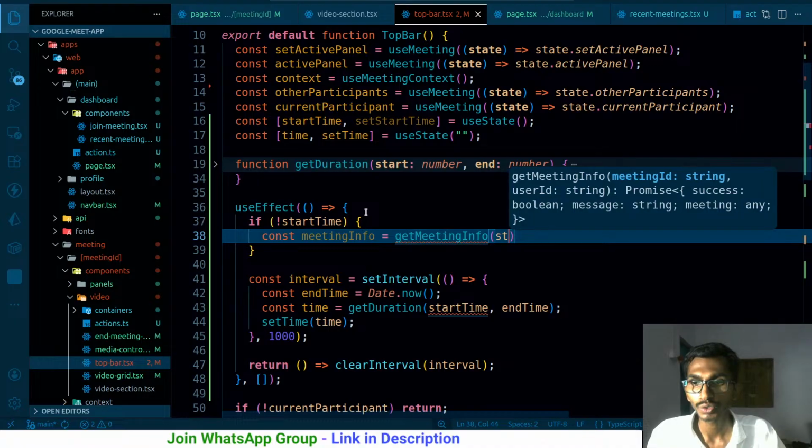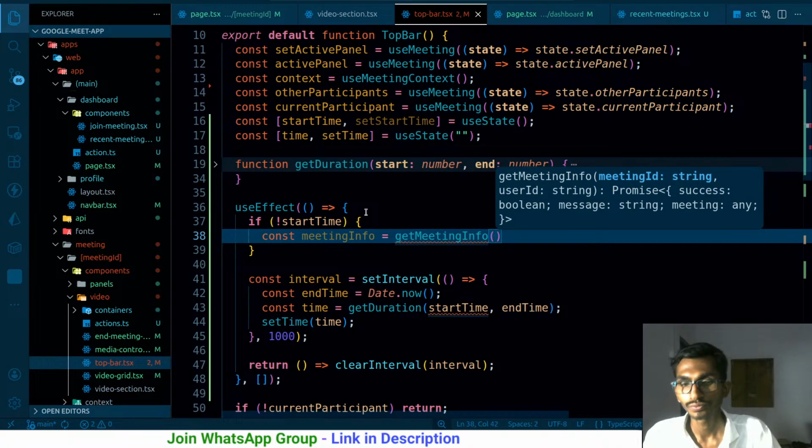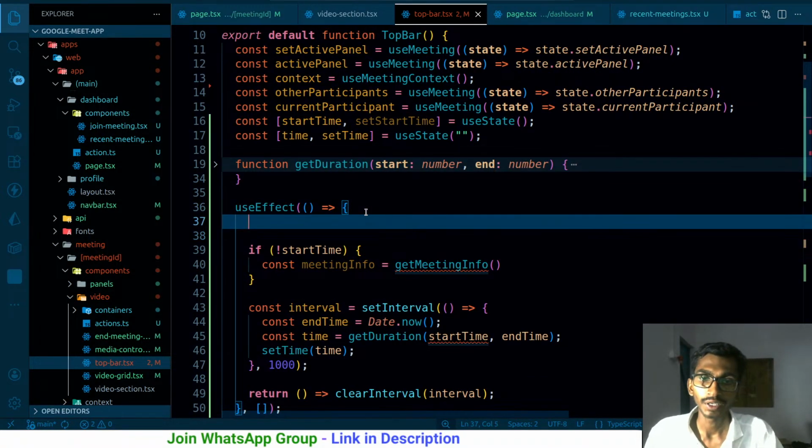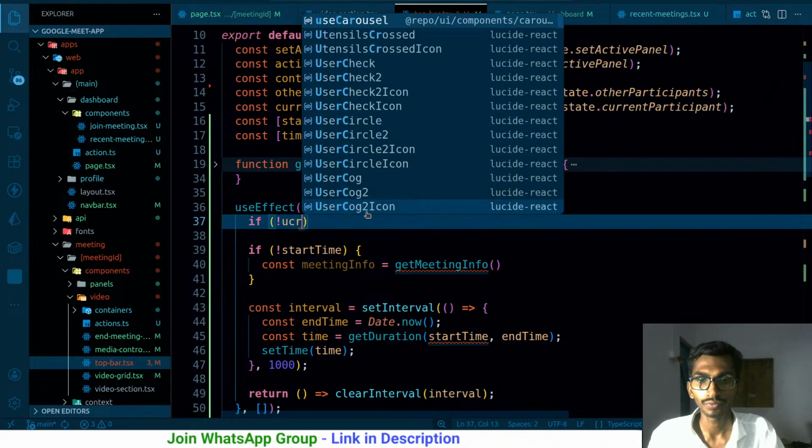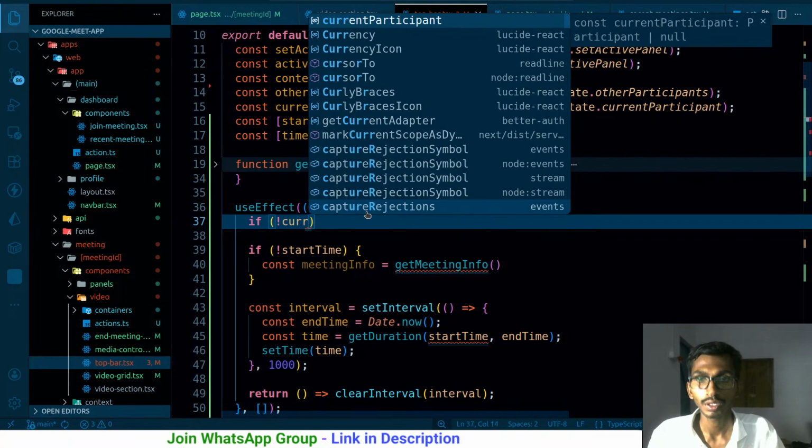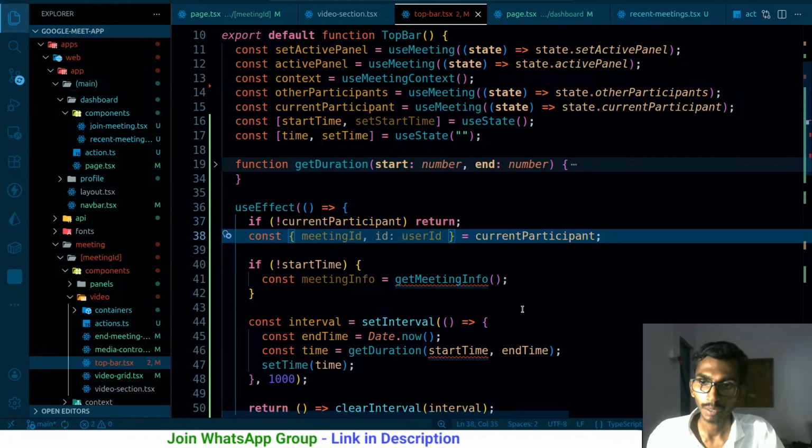I need to pass two things here: meeting ID and the current participant ID. So if I don't have the value of the current participant,